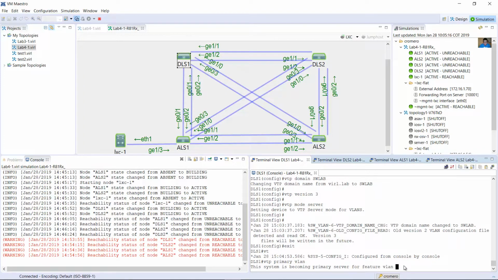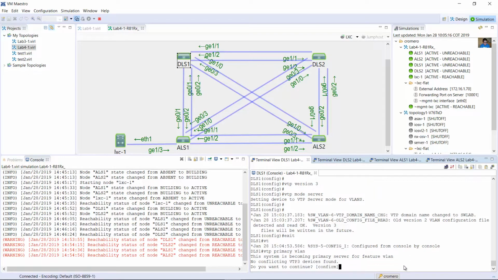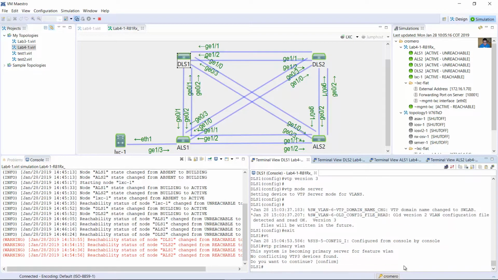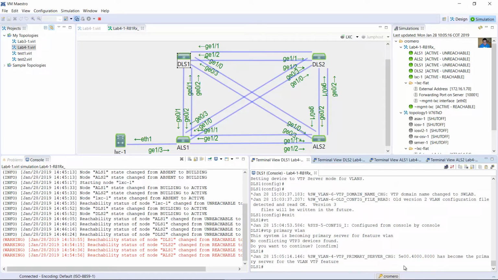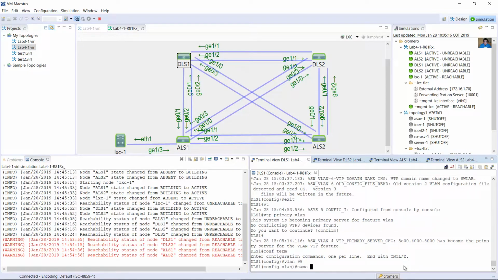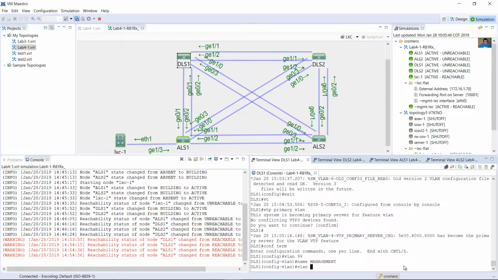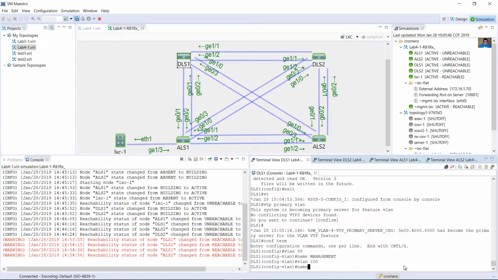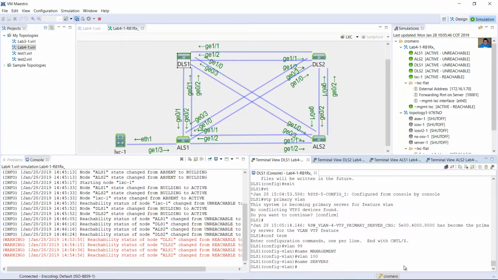Okay, wait some seconds and confirm, press enter. Yes. Create the VLANs. Configure terminal, vlan 99, name management, vlan 100, name servers,